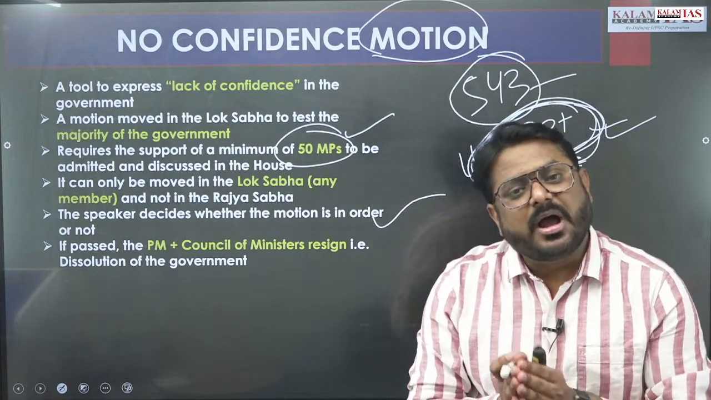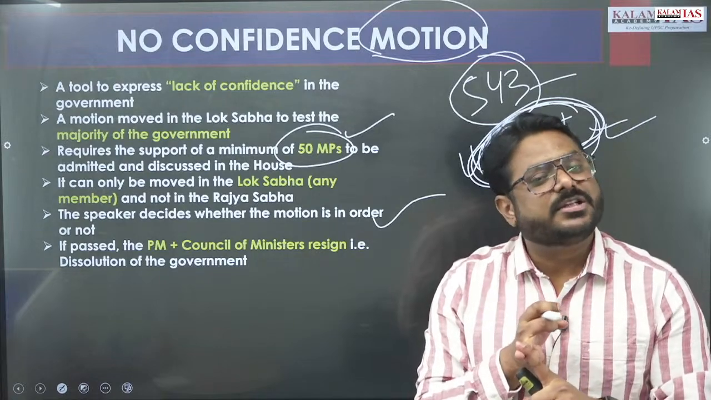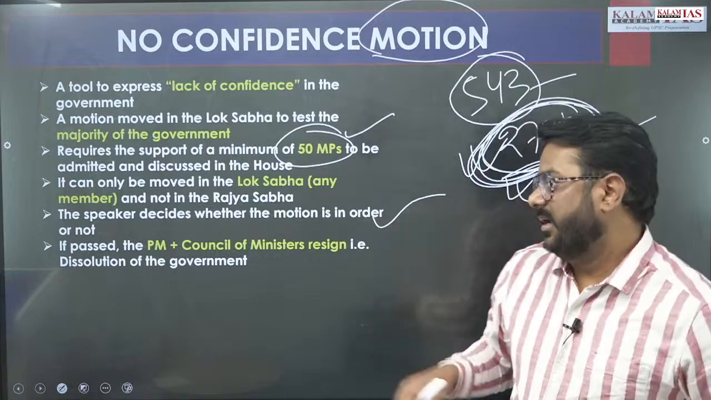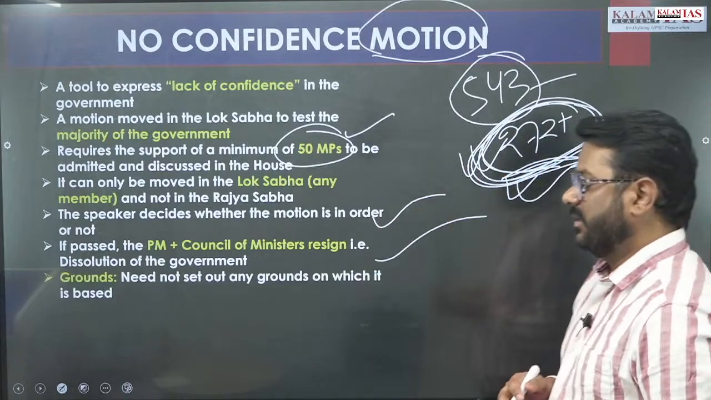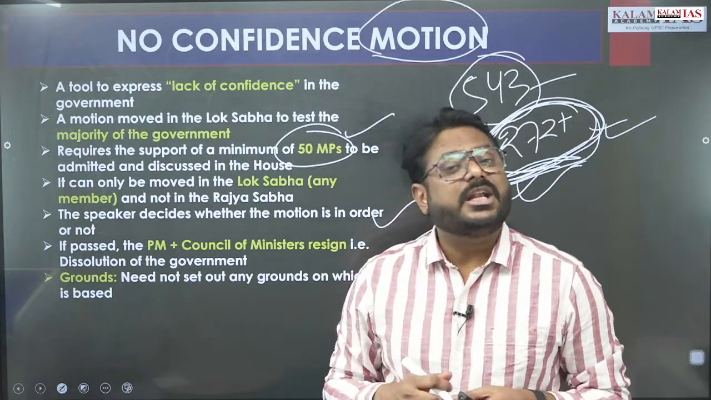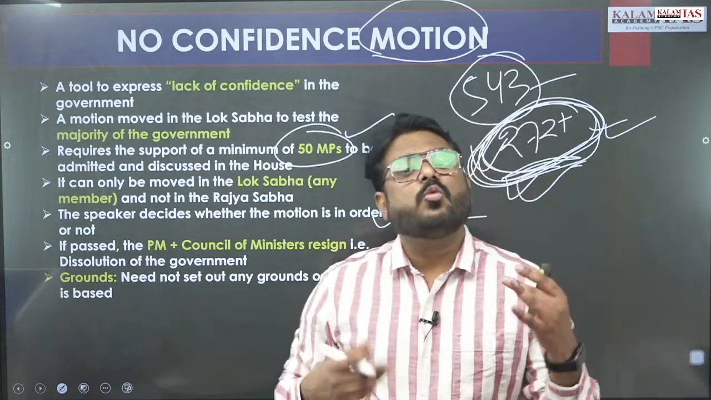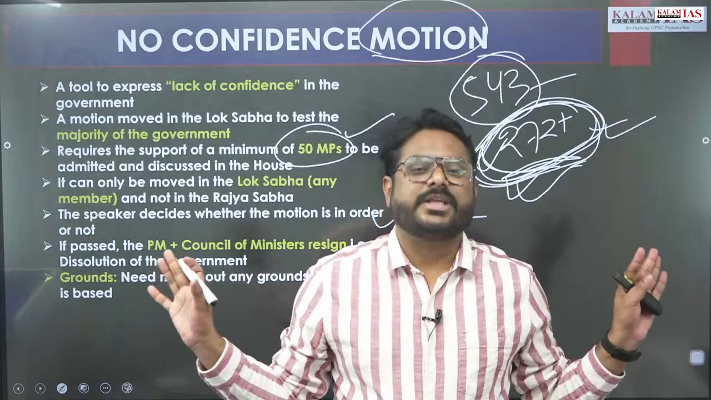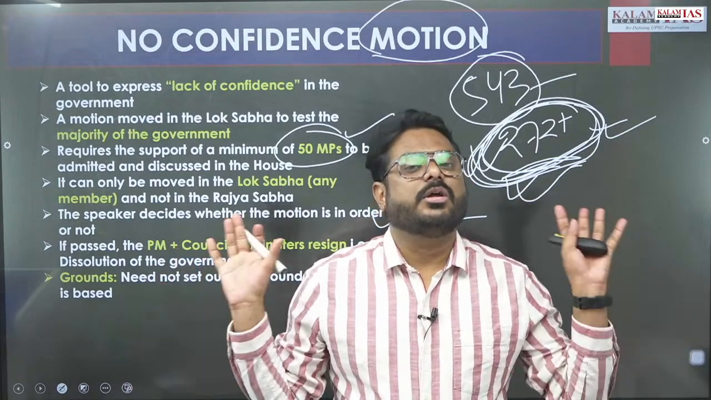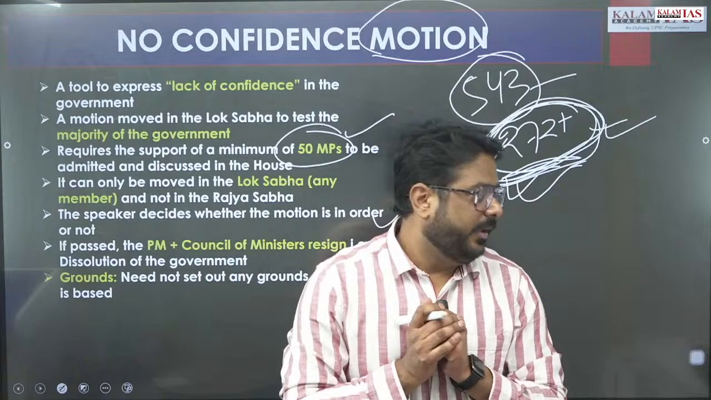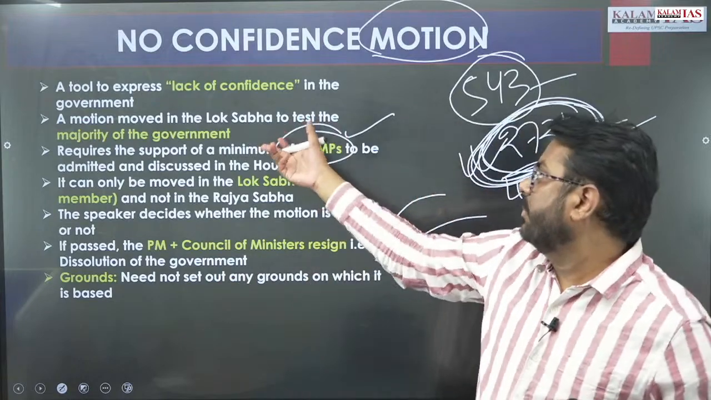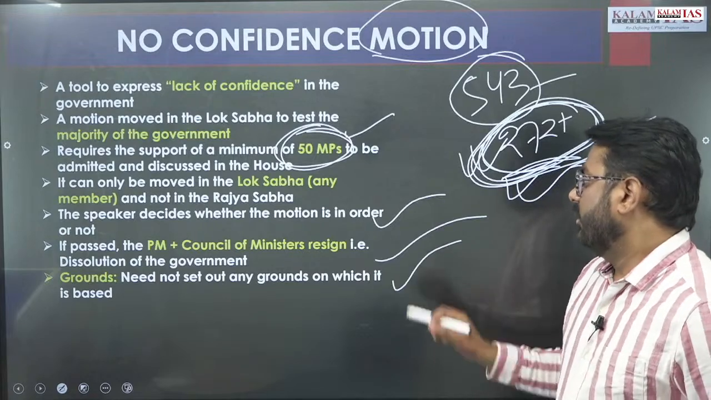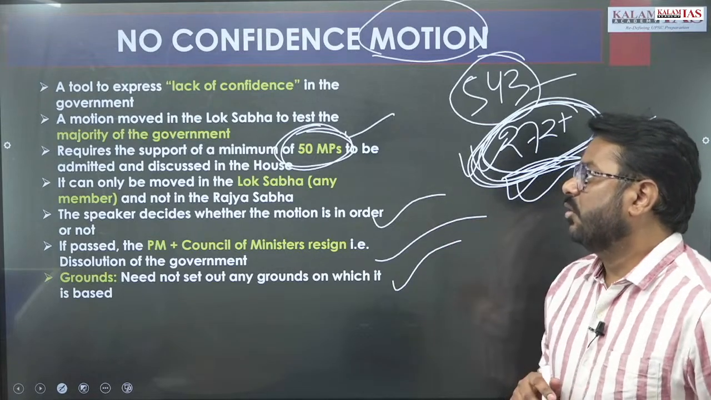तो इस केस में क्या होगा, प्राइम मिनिस्टर एंड द काउंसिल ऑफ मिनिस्टर्स, इन सबको रिजाइन करना पड़ेगा, राइट। सो दे विल हैव टू रिजाइन। There is no need to say on what ground no confidence motion is being brought up. बस 50 मेंबर्स चाहिए, 50 MP चाहिए from the Lok Sabha, they should give in writing that no confidence motion should be brought,